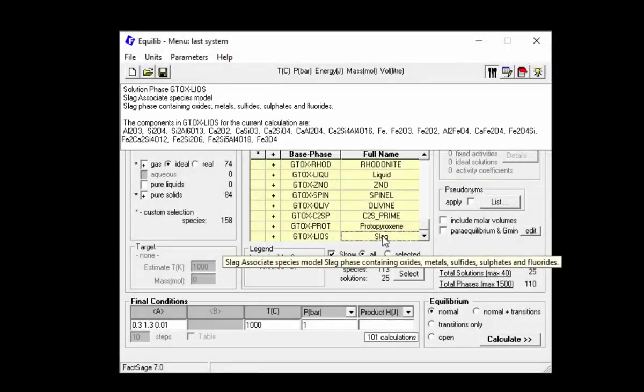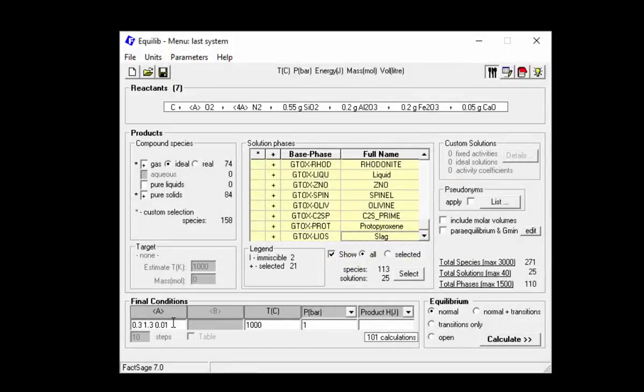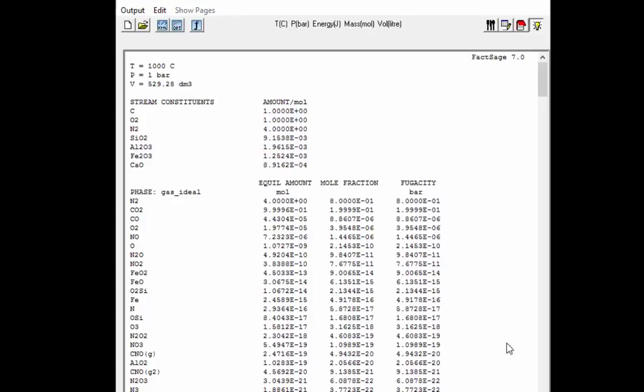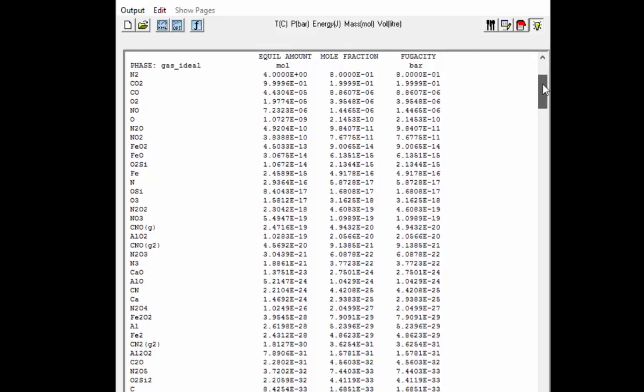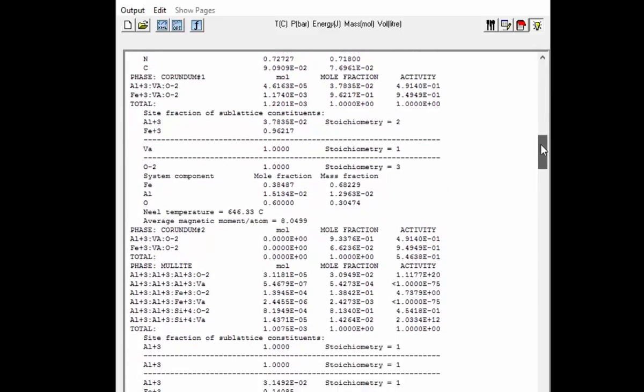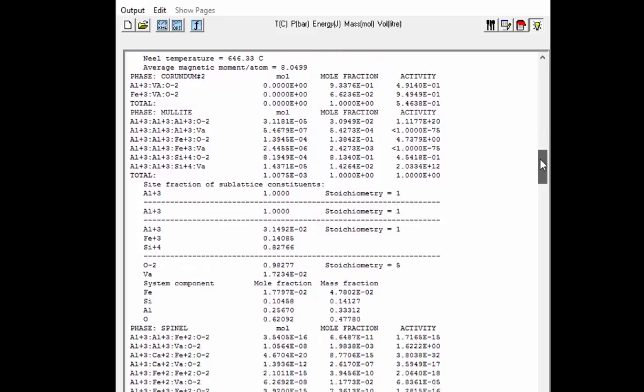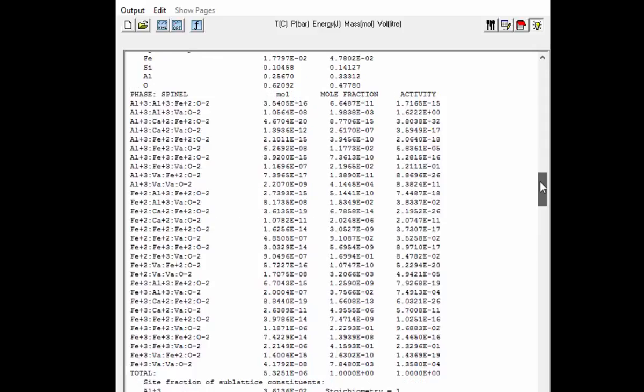Finally, we will only start with one calculation and thus set alpha to 1. Then we start the calculation. In the results window, we can see that there is, of course, a gas phase, a corundum phase consisting mainly of iron oxide with some dissolved aluminium, a mullite consisting mainly of aluminum oxide and silicon oxide, a spinel that consists mainly of iron oxide, so this is Fe3O4,